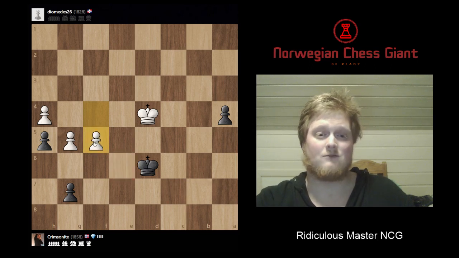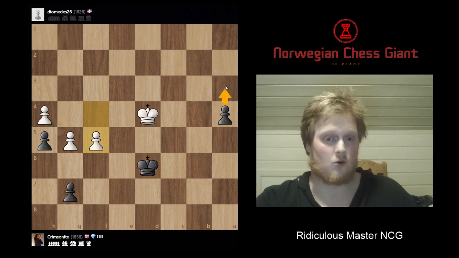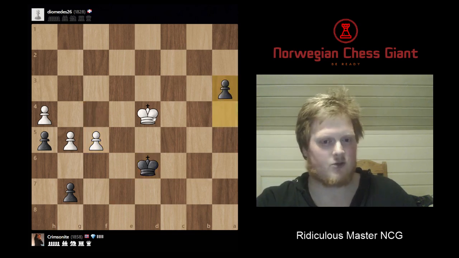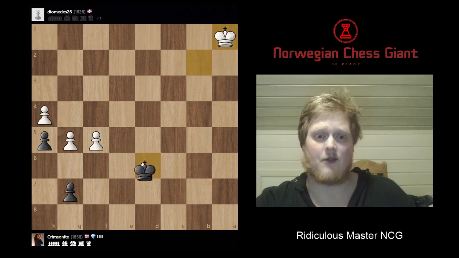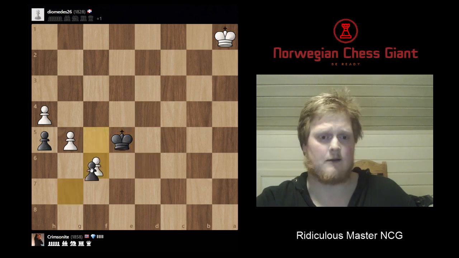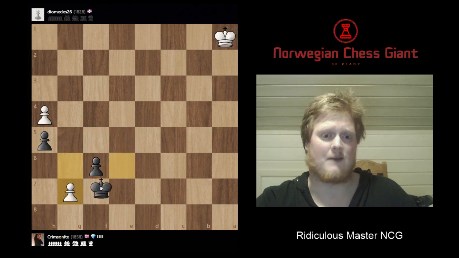And now I would have to go all the way back to e7. And now maybe this is even lost for me if I don't push this pawn. So I would have to push this pawn, and then he would go after it, obviously. So now he takes, and then I can finally go here. But is it that simple though? Yes, it is. So he could have gone here, and this actually almost happened in the game, but I